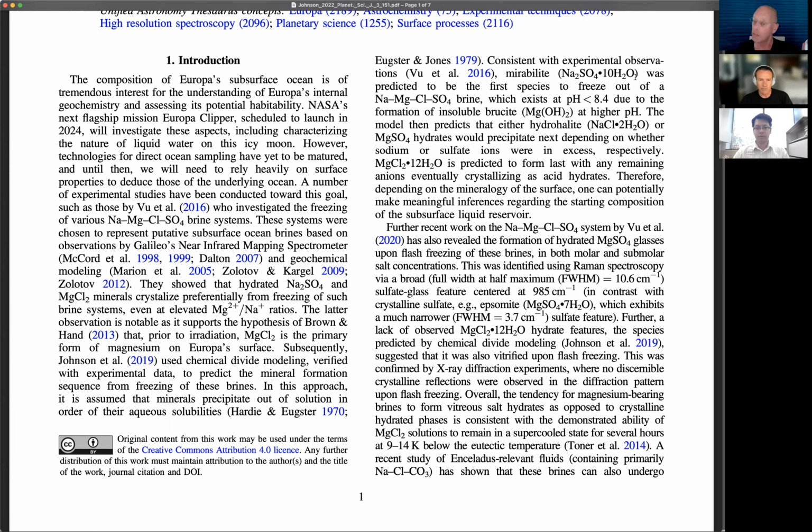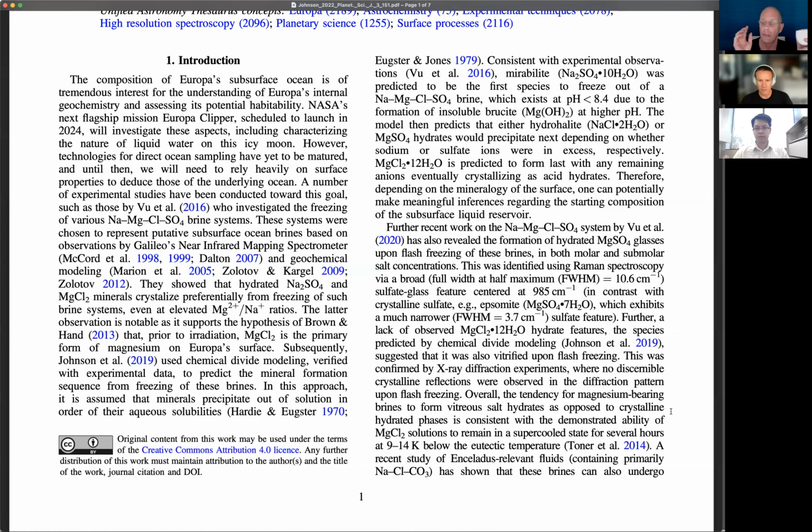But one of the things that we discovered while we were doing this is that in a lot of cases we would look at these cryogenically frozen brines and see that we were forming vitreous or glassy salt hydrates,